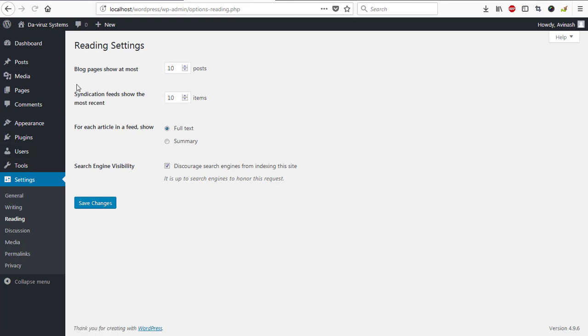Then reading, we have blog pages showed at most how many, 10, and then so forth and so on. I believe this is okay. So the most important ones we'll be looking at is media, and then this permalinks we have here. So I'll go to media first,